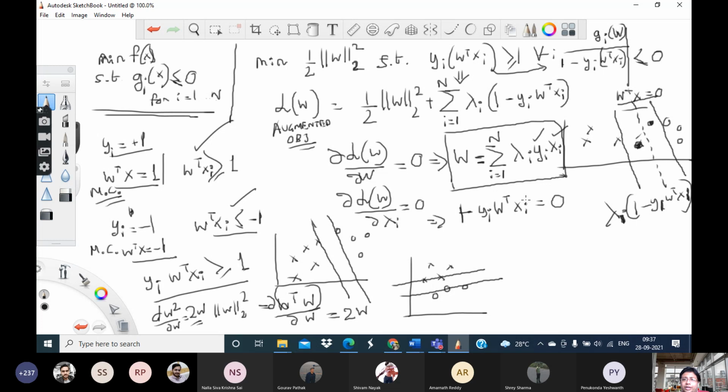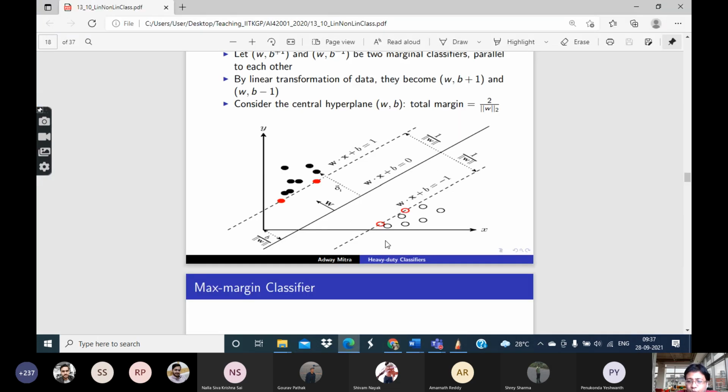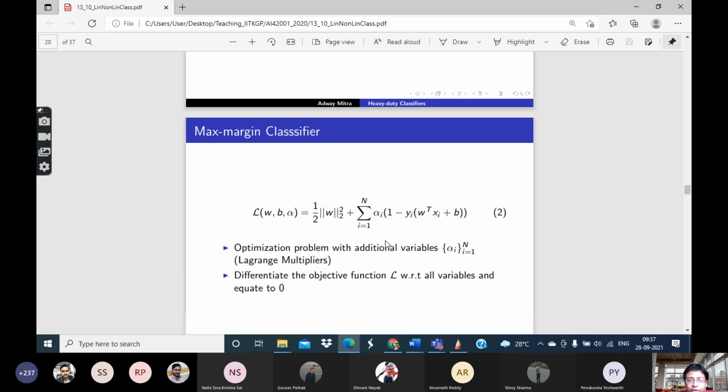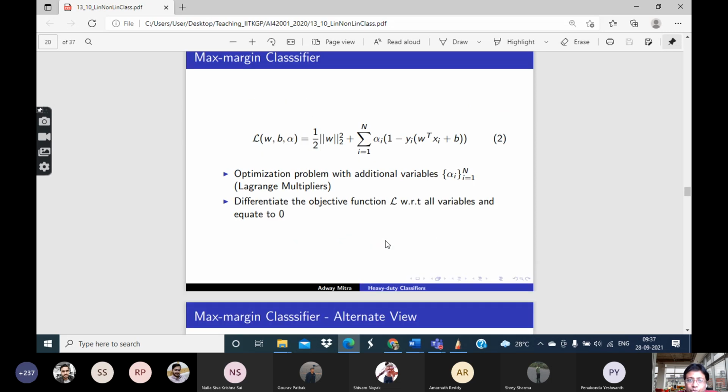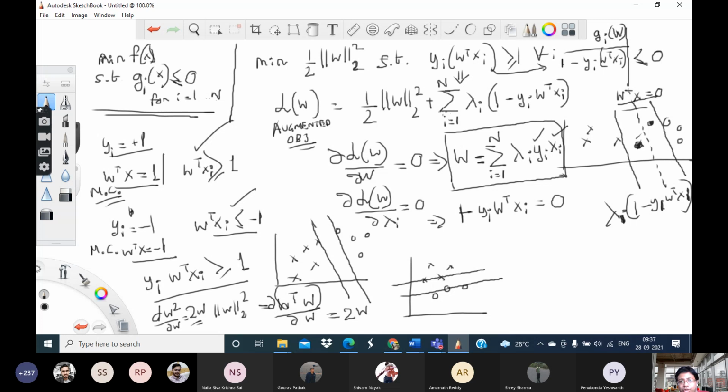So now we have come to this situation. Now what do we do? Using what we have got so far, we try to eliminate w from this equation. What is meant by eliminating w from this equation? Wherever you have w, you just replace w by this quantity, right? That is, I have expressed w in terms of this thing.